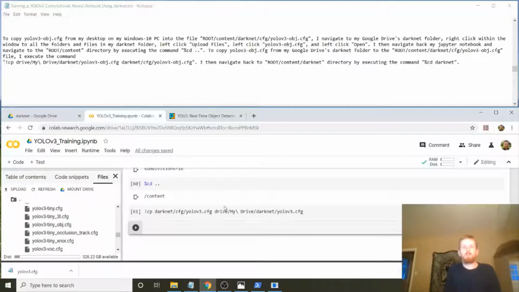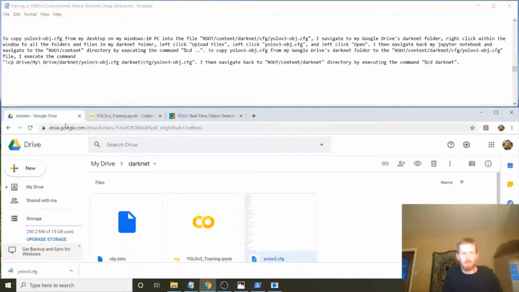To copy YOLO version 3-object.cfg from my desktop on my Windows 10 PC into the file root content darknet cfg YOLOv3-object.cfg,